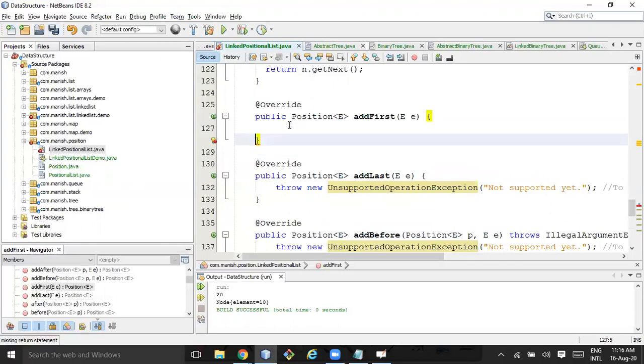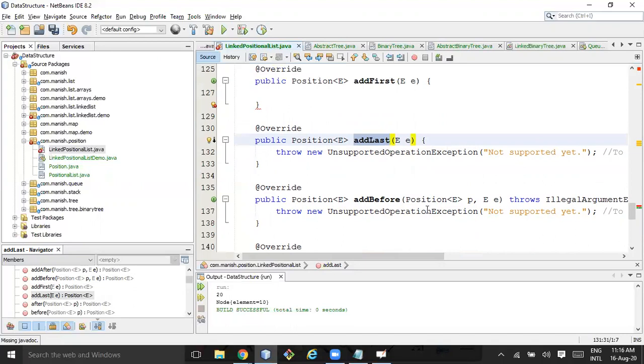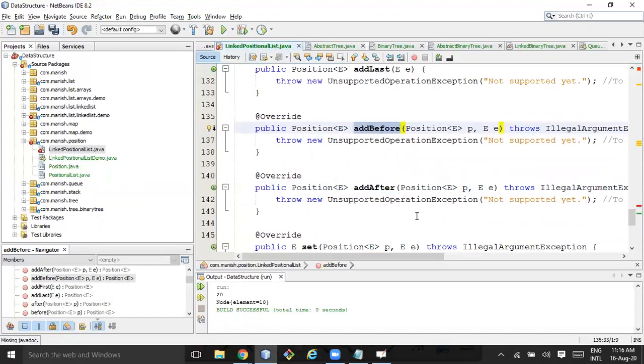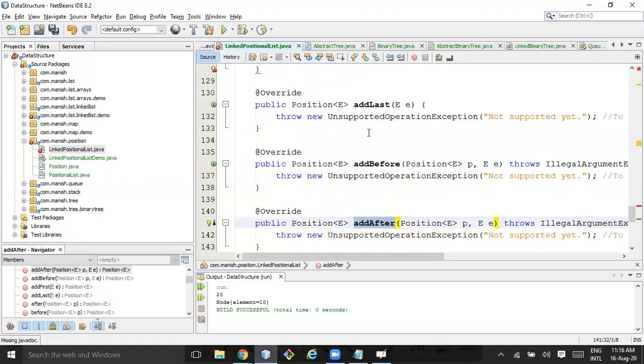In case of add last, the last element I can pass trailer and trailer dot previous. If I add in between trailer and trailer dot previous, then I can add in the last. If I add header and header dot next, then I can do add first.